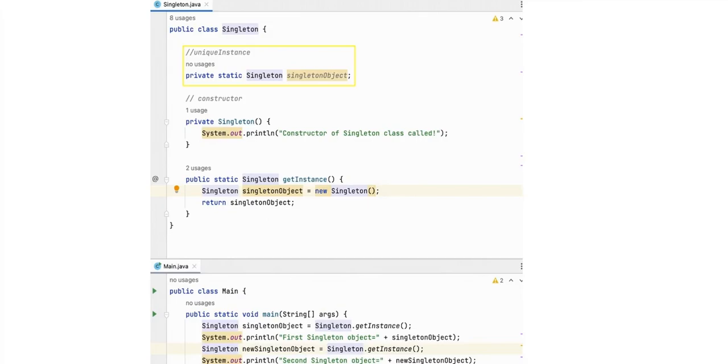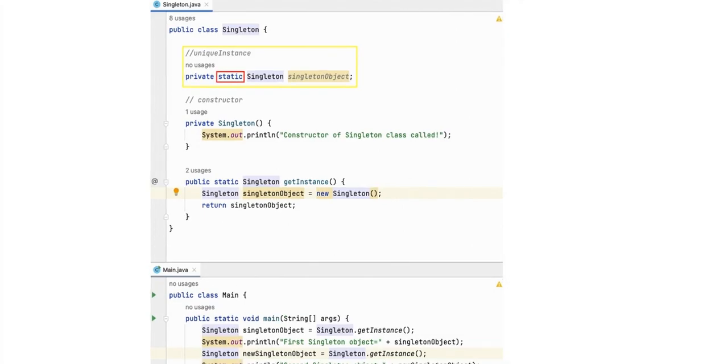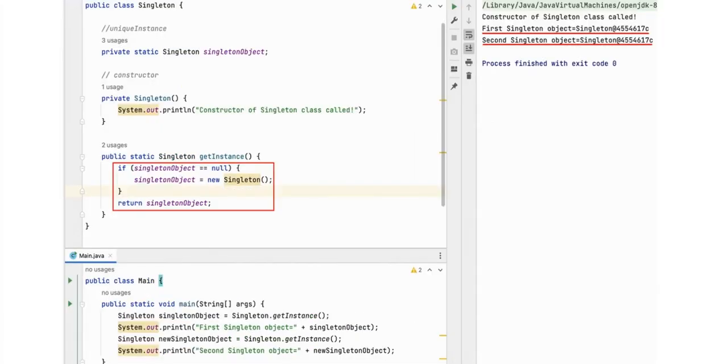For singleton, we need to have one unique instance of the class. Therefore, for our getInstance method to return that unique instance, we need to have a variable in the class itself, in order to hold that one instance. This variable needs to be static, so that it can be accessed throughout the lifecycle of the program. When we are initializing the class for the first time, this variable will contain the default null value. So, we will create and store the new instance in the variable.